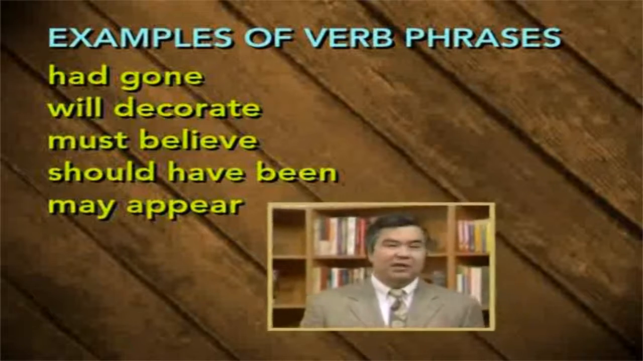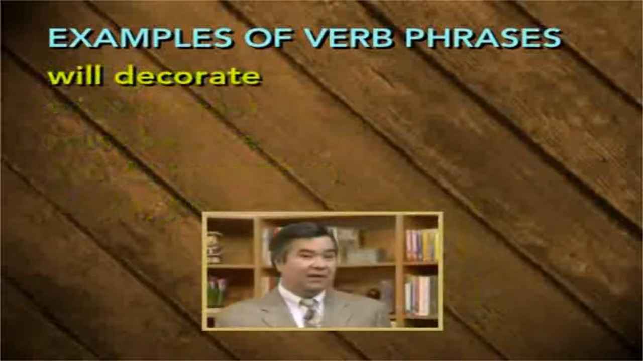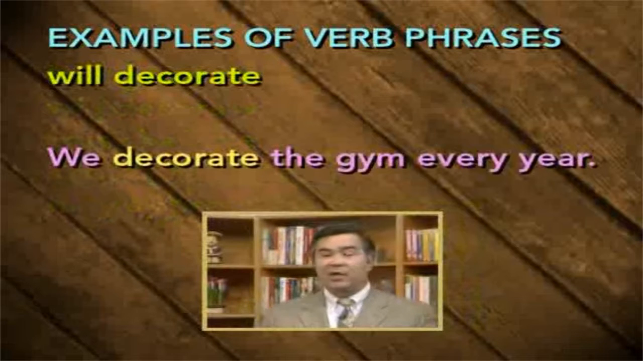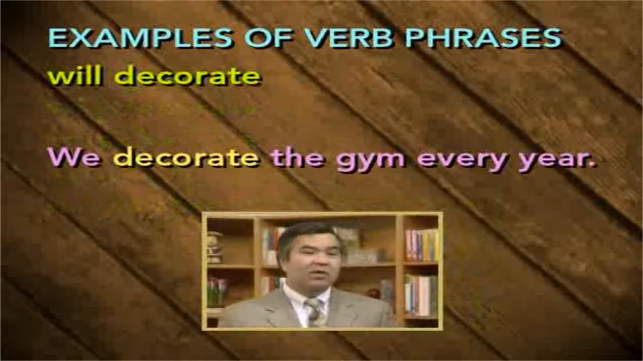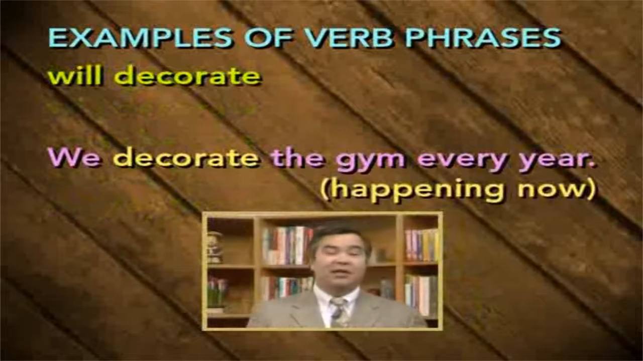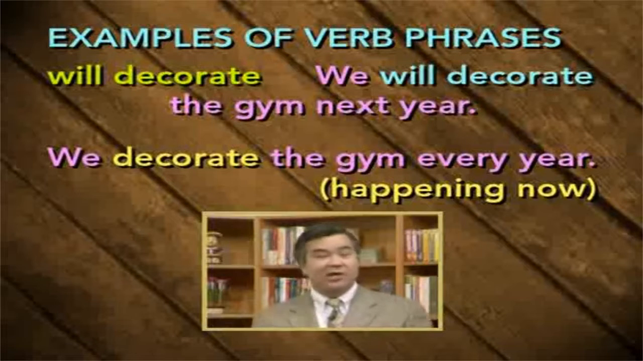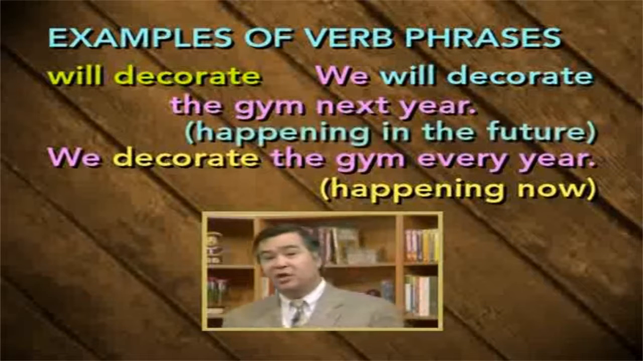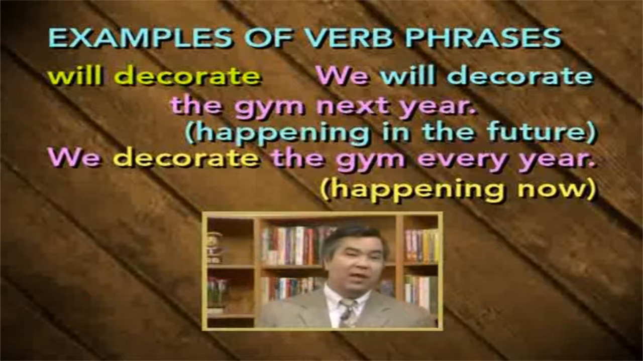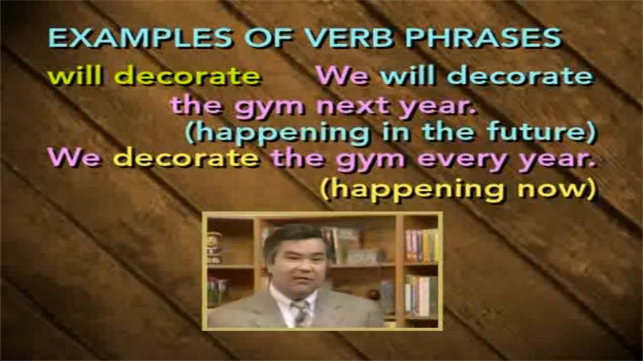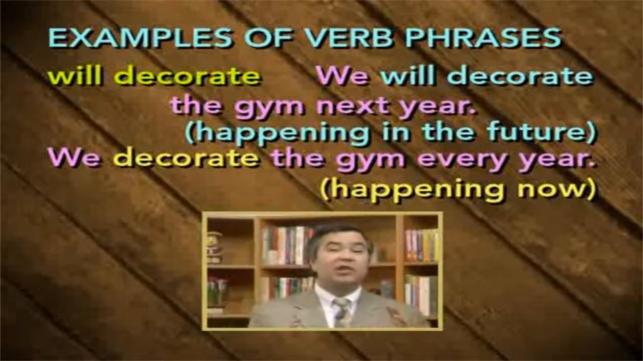Take, for example, the verb phrase, will decorate. When I say, we decorate the gym every year, we're talking about something that's happening now. But when we say we will decorate the gym next year, we're talking about something happening in the future. So the helping verb will changes the meaning of the main verb by expressing a particular time when the event